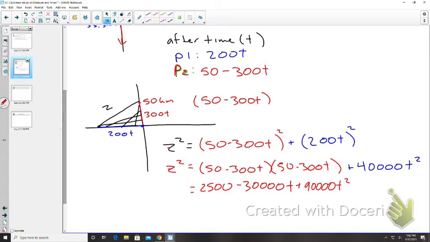And we have our plus 40,000 t squared. Okay, so let's clean this up a little bit. Combine our like terms and rearrange this. So z squared is equal to